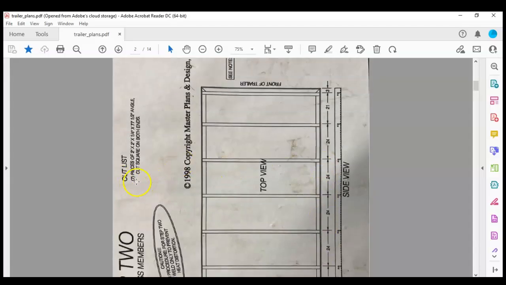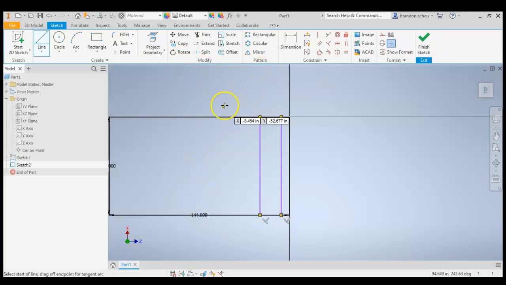It'll tell us there's 7 cross members, so I'm just going to draw 7 lines, and you can put them fairly accurate on the spacing, but we'll come back, I drew that one a little long, and use the dimension tool. So we have 1, 2, 3, 4, 5, 6,